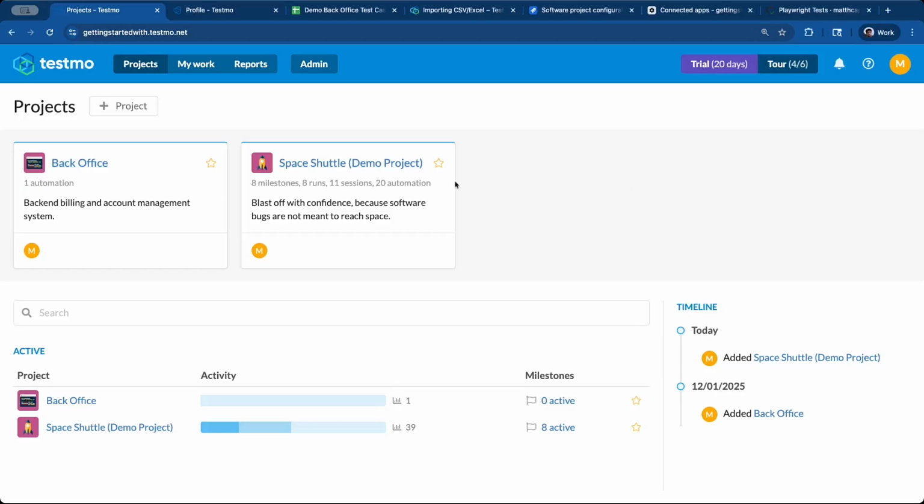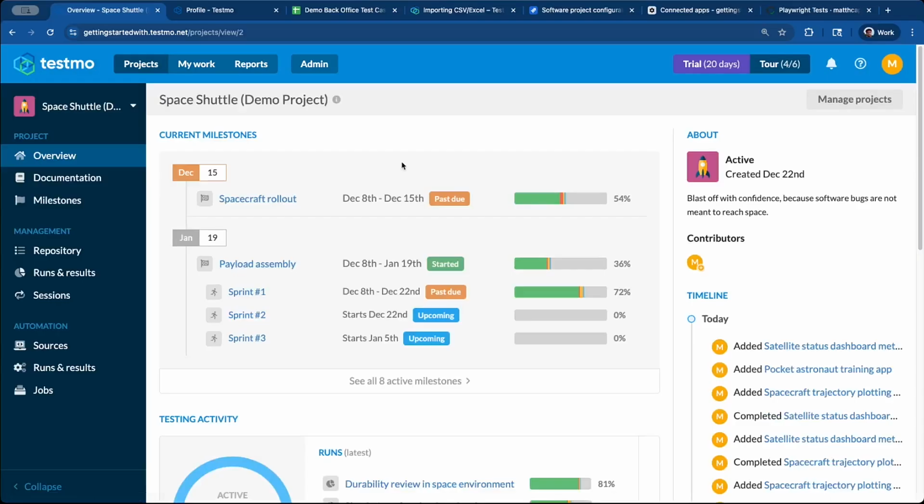with is just giving you an overview of what a project might look like once it's set up and running. So let's jump into this demo project. You can add a demo project in your own instance if you want to take a look yourself as well. And here you can see we've already got a bunch of sample data that's giving us a pretty clear idea of what it might look like once we have Testmo fully up and running and we've got some